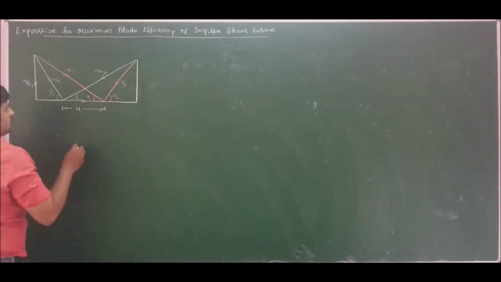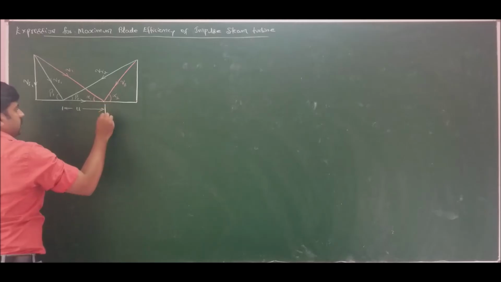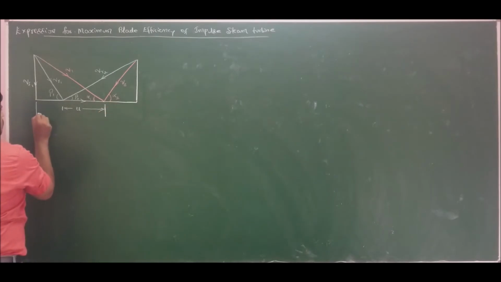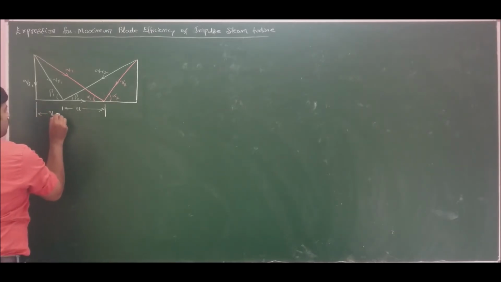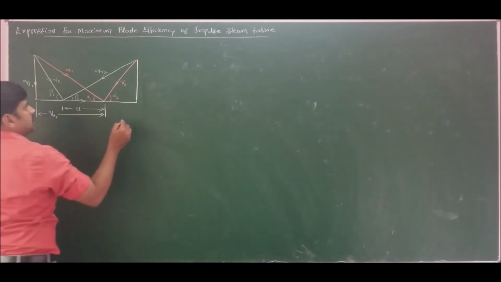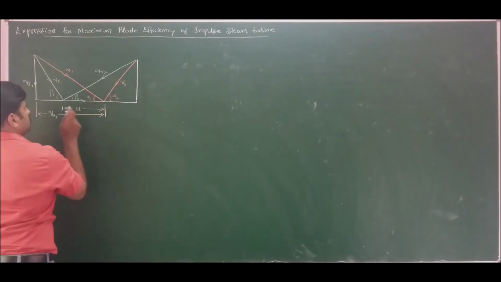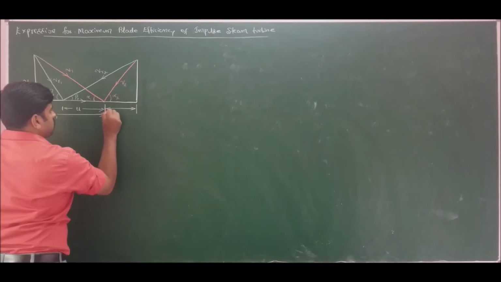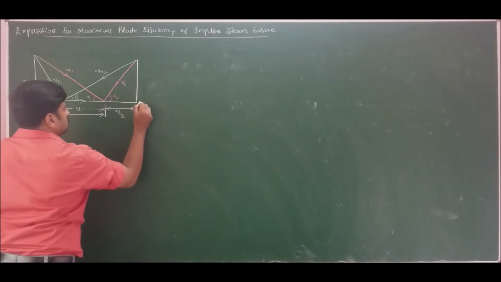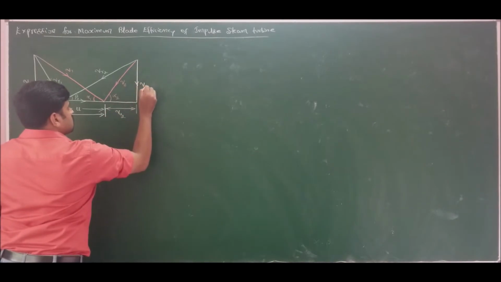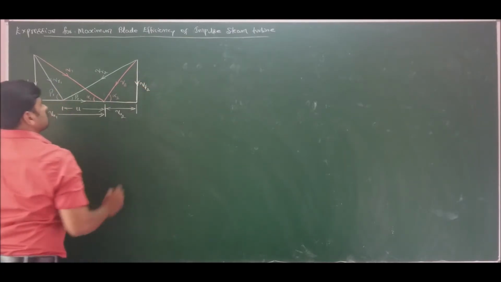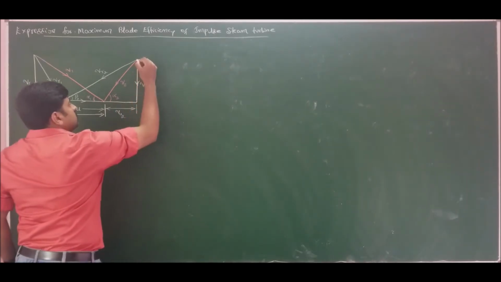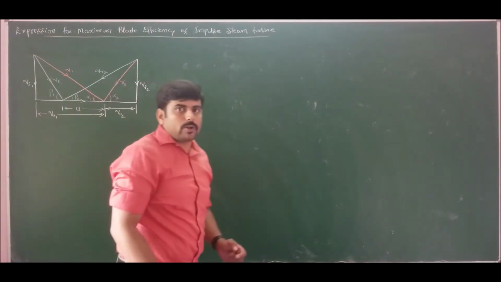Coming to the base, V1 is the reference: V1 to Vr1 is U, and V1 to Vf1 is Vu1. Similarly, V2 is the reference: V2 to Vr2 is U, and V2 to Vf2 is Vu2. So this is the combined velocity triangle, the most important one, which we will be using throughout this module.